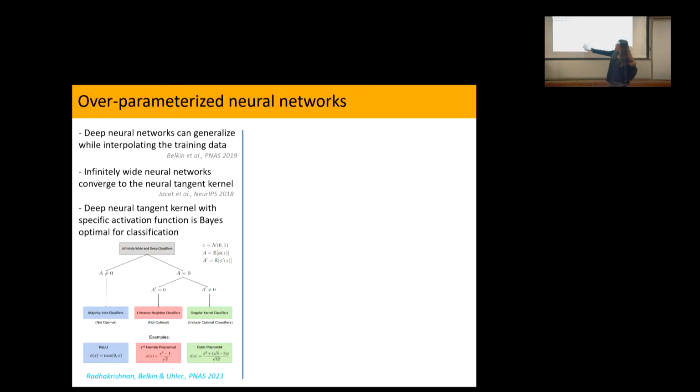Now this still doesn't tell us that your standard neural networks, that are not infinitely wide and deep, can also be Bayes optimal. We simply don't know. But at least this motivates that we should be looking at these very, very large neural networks. Because in this case, at least we can prove that they are the optimal thing you could possibly do. So this is still all classification settings. Now we care about representation learning, right? We care about these generative models.